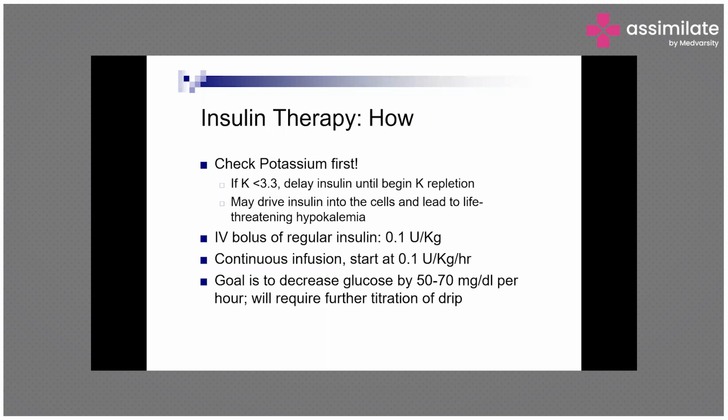And once we get the sugars down to 200 to 250, we should start replacing glucose, and then glucose with insulin drip should be given. And that will help the glucose utilization by the tissues. The insulin not only reduces the sugar, but it also helps the tissues to utilize the glucose in a state